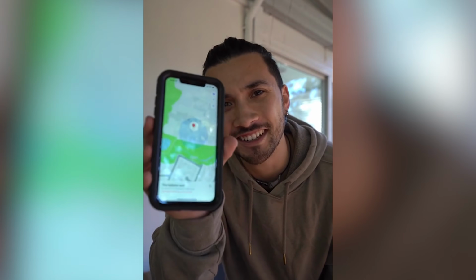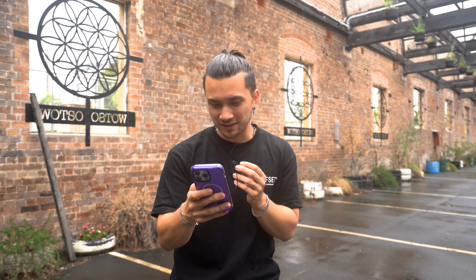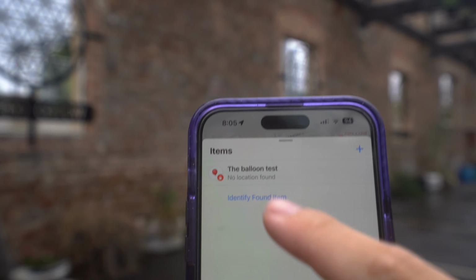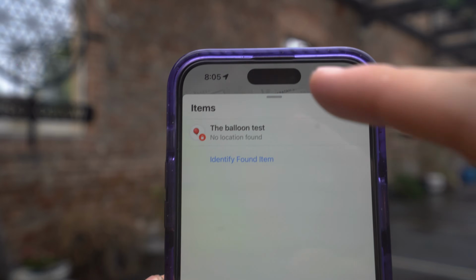recycling facility. Actually, you know what? We can track it now and see if it's moved. So it's still on my Find My app, but as you can see, no location found. So that's basically